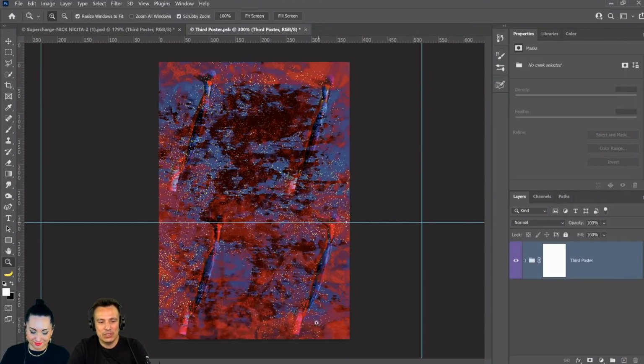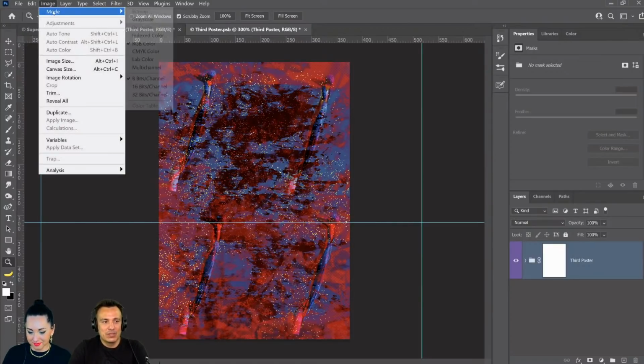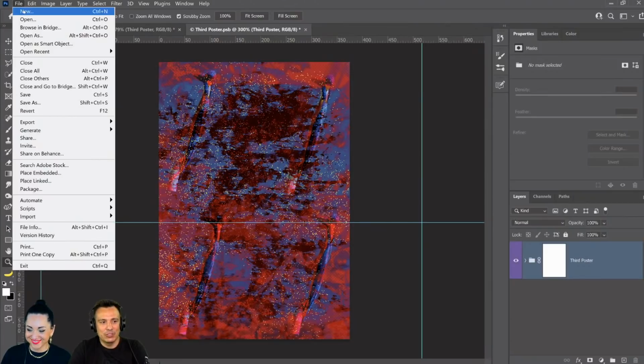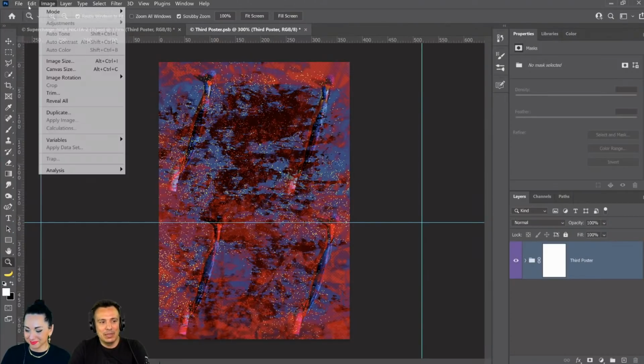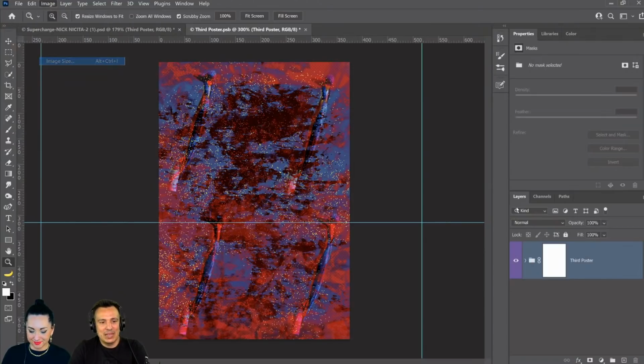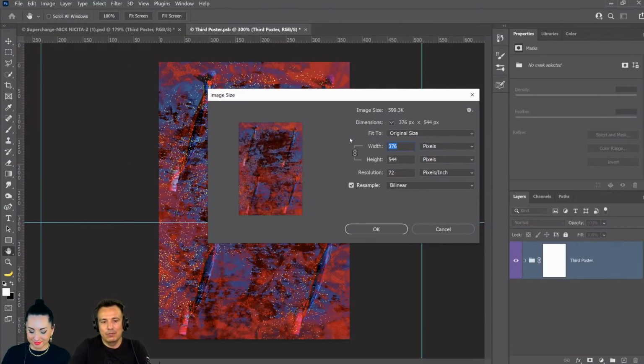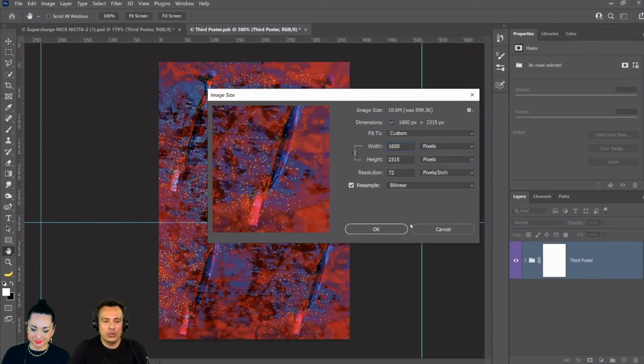Also, this is really, really small, as you can see. So if you want to then make a change to your composite or maybe add something to it, it's going to be really difficult to do because you're working with less than 400 pixels wide. And what is the height on this? Less than 600. So you're basically working on a 600 by 400 pixel image, which is really, really tiny. So instead, I would work with something much larger. Obviously this is not going to look good, but I think it'll help illustrate the point. If I go into Image, Image Size, and make this, we'll say, 1600 or something, still not super huge, but much bigger.